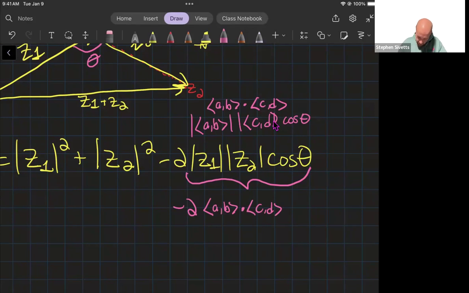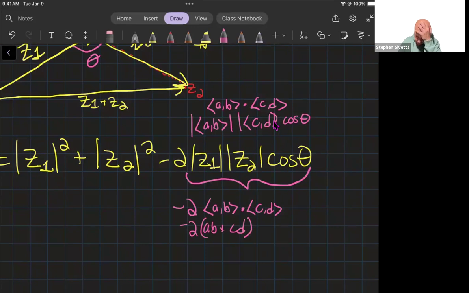Where was I? Okay, so this quantity would be minus 2 times AB dot CD. Okay, that's the dot product. Okay, but if you notice, this